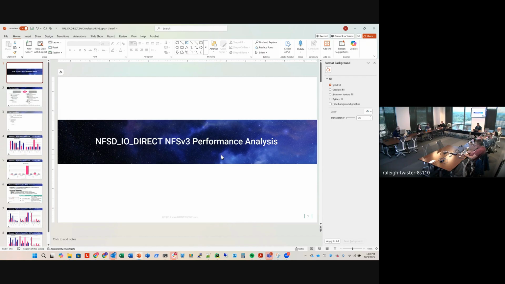But what we're talking about in this session is performance data that Jonathan Flynn has accumulated with various permutations of testing with NFSd direct versus buffered IO, and quite a bit of interesting data here,